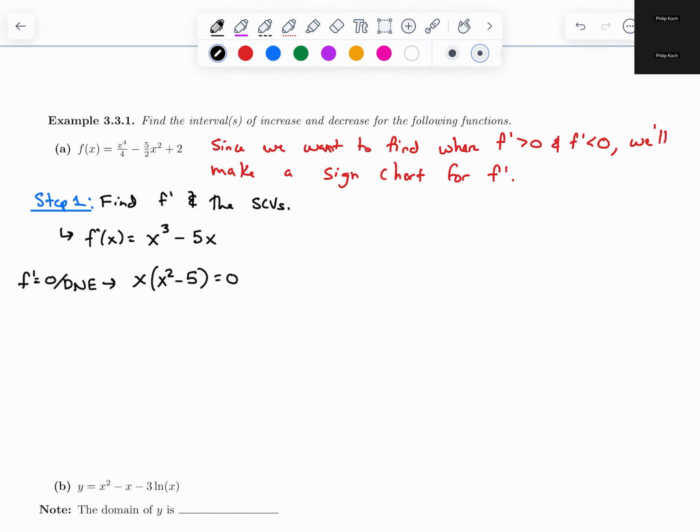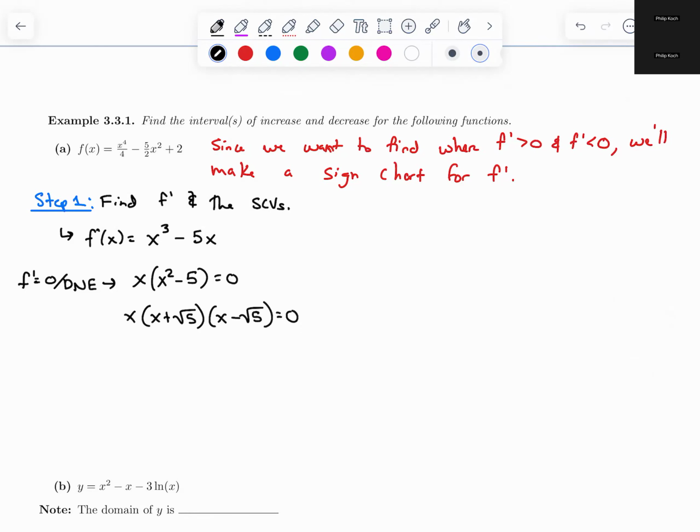And everything is a difference of squares if you want it bad enough. So x squared minus 5 can be split up further. So this becomes x times x plus the square root of 5 times x minus the square root of 5